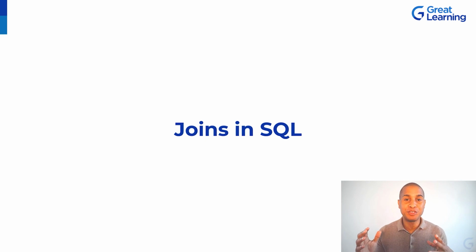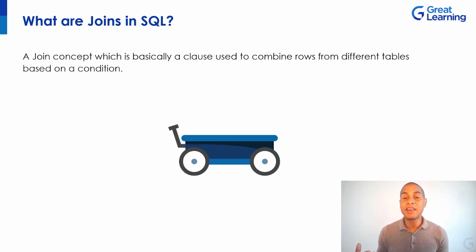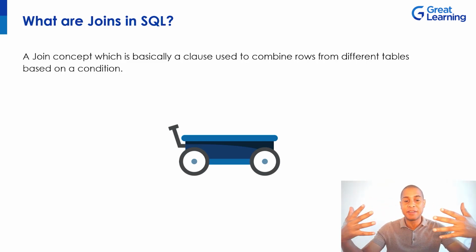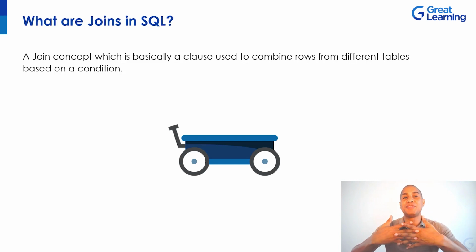So let's talk about joins in SQL. So what are joins? Joins is a concept where we're allowed to combine tables based on relations or keys. And this is kind of the primary concept behind relational database management software, where you're able to model the data. So we have separate tables that we can pull together based on a particular column that allows us to join